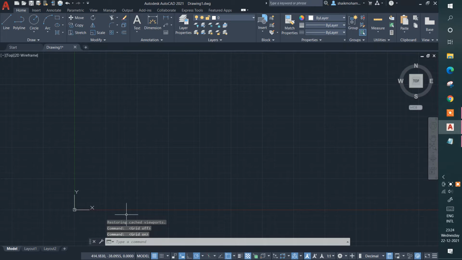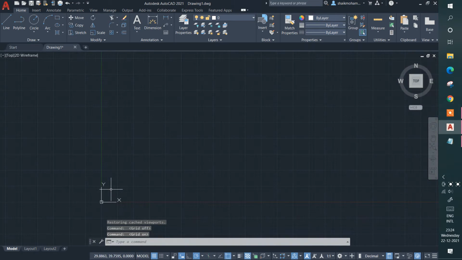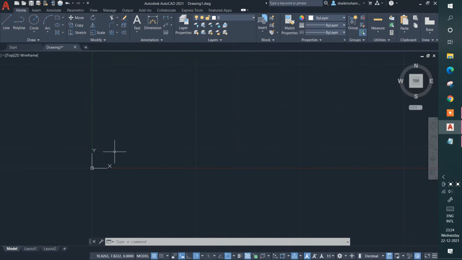After that, not so important, but snap mode. This snap mode is for grid mode, guys. Why? Because in the grids you can see the endpoints of the grids like this. I'm going to show you. I'm going to click on grids.